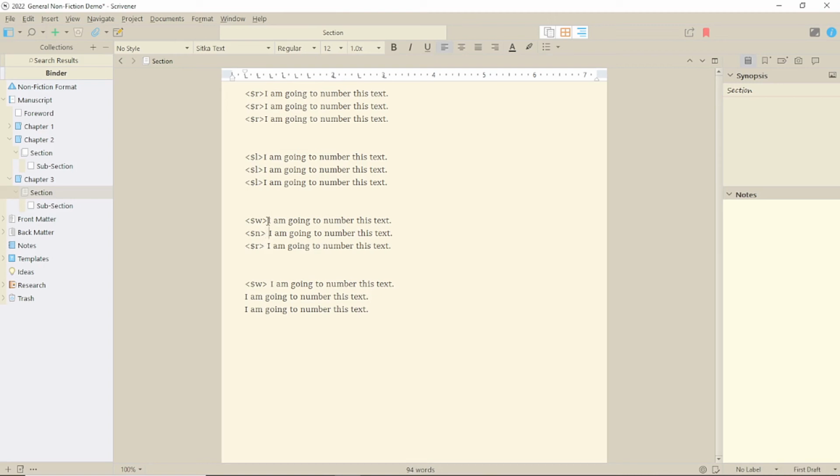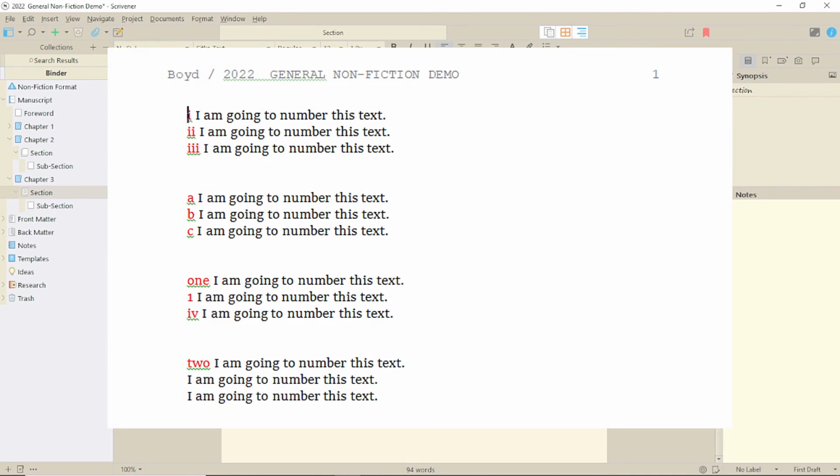Let's look at the printout. I've made the text red so it stands out, because, as I said earlier, you probably will want to play around with the formatting a little, perhaps by adding indents. But it works well.